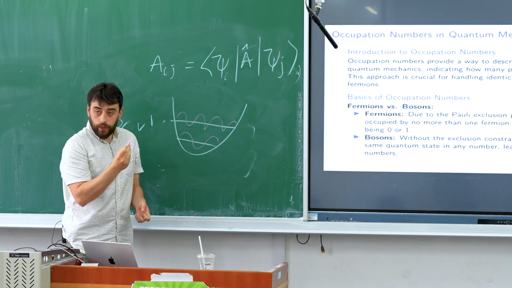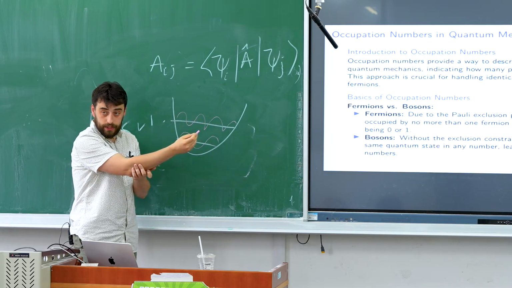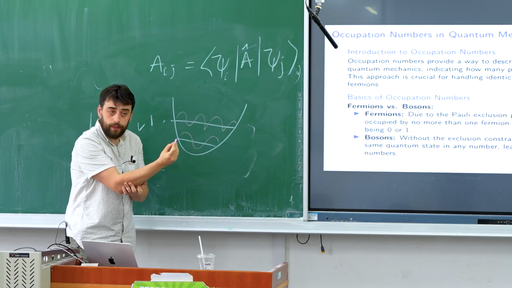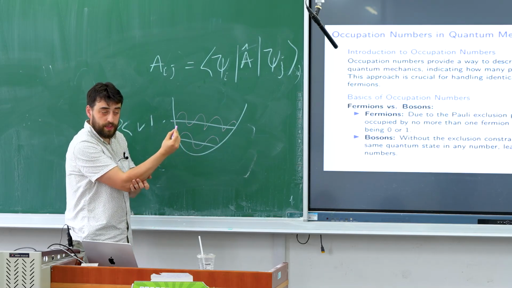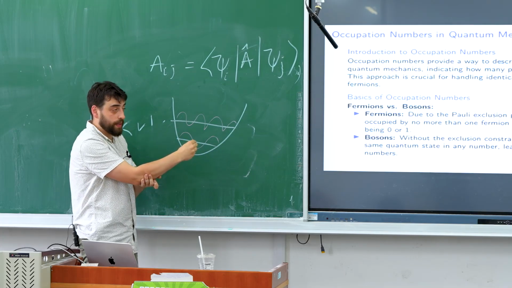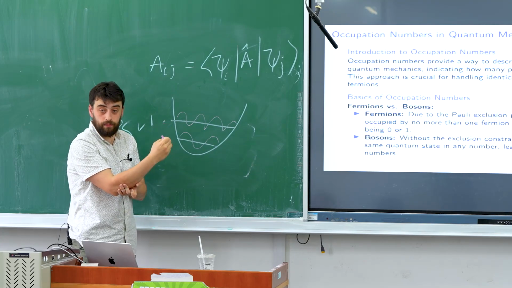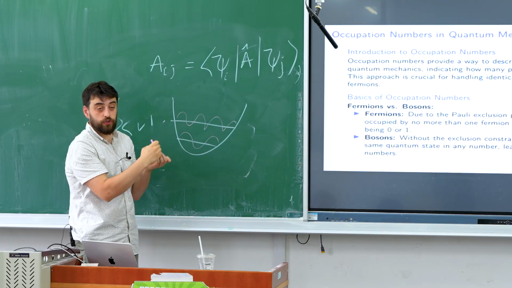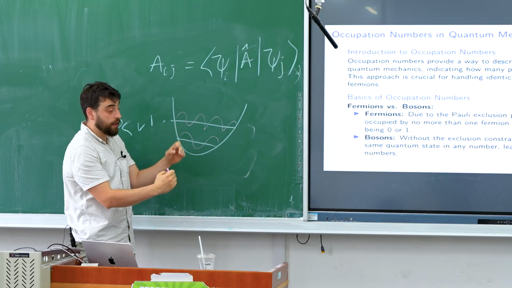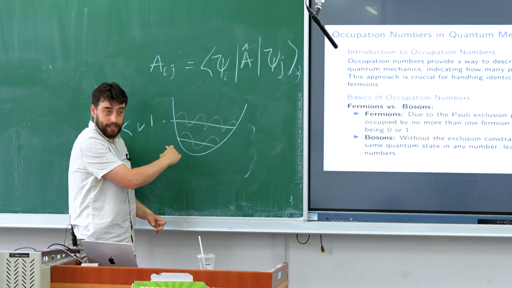What we can do is we can say, if we have these solutions to our system, we can have another number. And this number is how many particles exist in that state. Because all the solution to the Schrodinger equation is giving us is the potential kind of state that exists, all of the states that exist in our system, and it doesn't tell us whether we have a particle in that state.